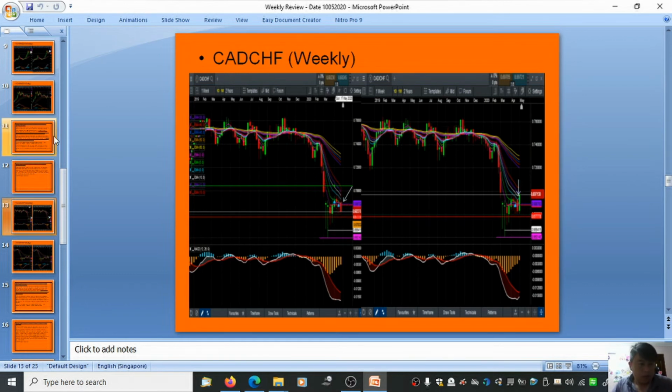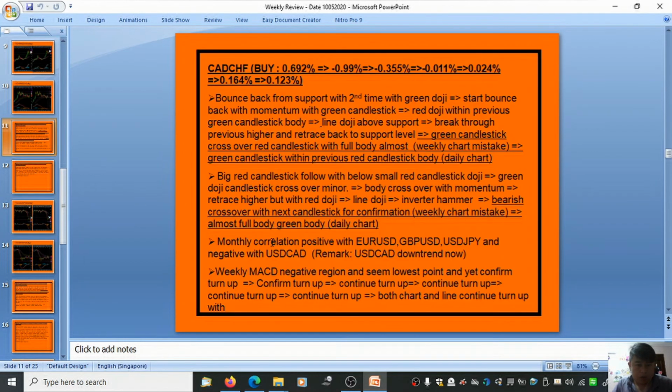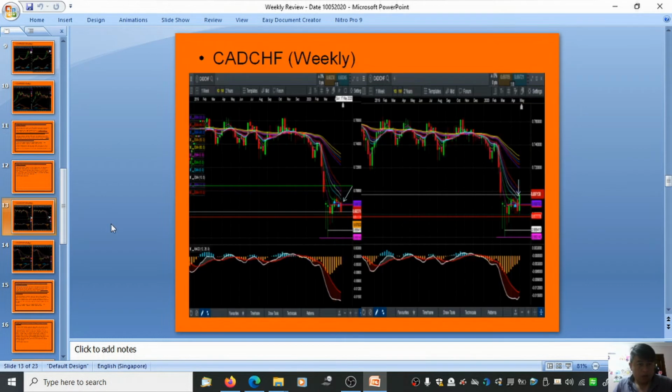Yeah, so for this correlation, it is still the same. USD CAD is in a downtrend now, so negative, negative, positive. Have a look at the weekly MACD. You can see in both charts, it also has some turning up here and here. Then for the daily